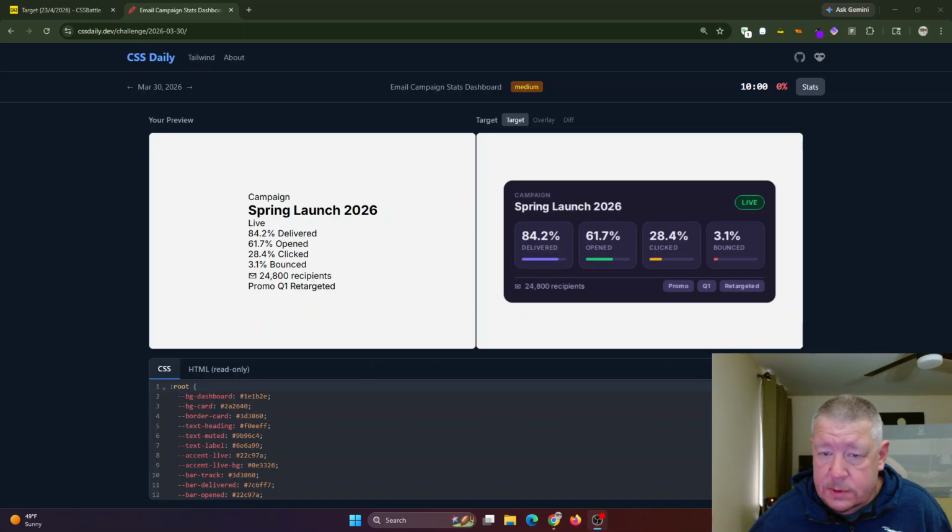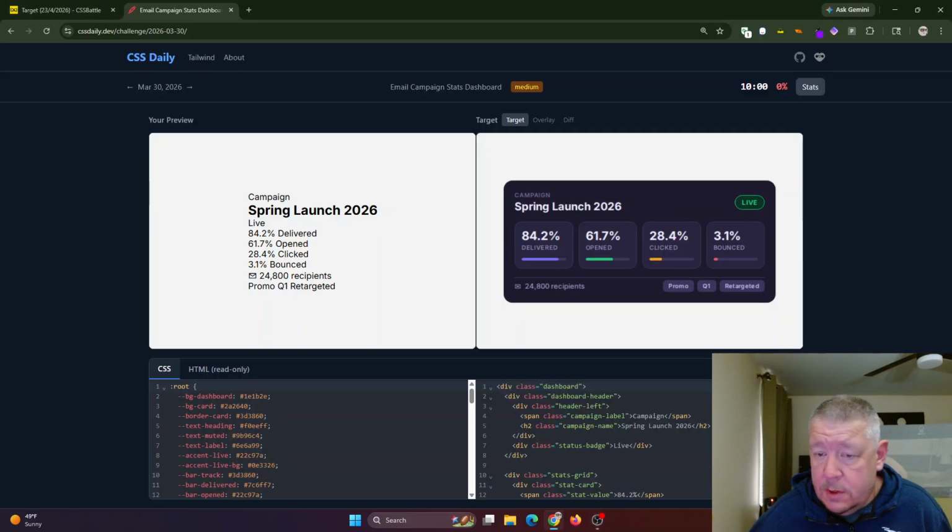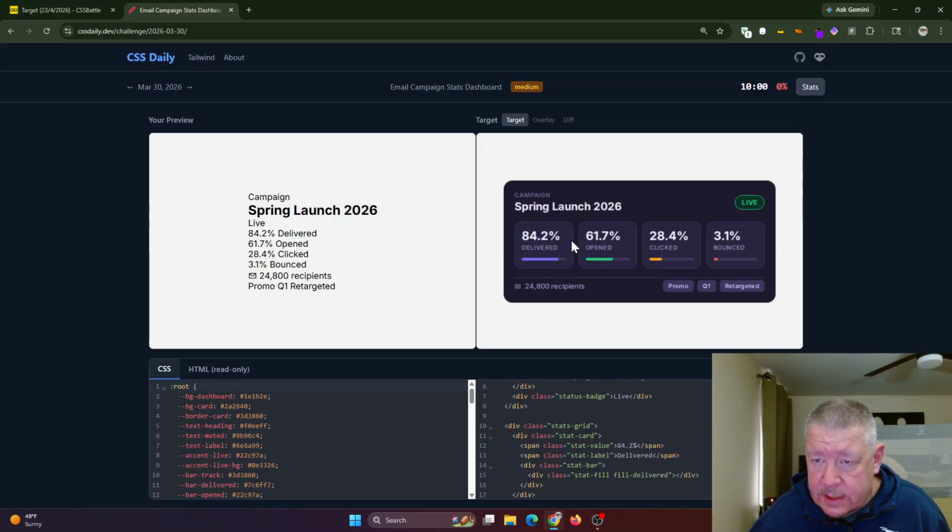All right, we are doing CSS Daily for March 30th. Let's go through the HTML. Dashboard is the overall container we have here. There's a header that has campaign, spring launch, and then the little live tag out there. We have then a stats grid, which is this row that contains 4 stats cards with some values and progress